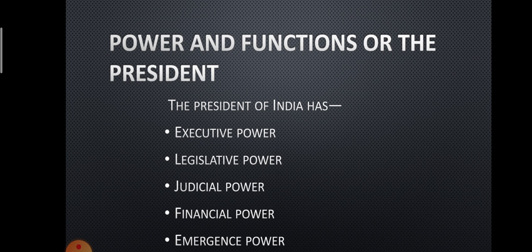Today we are discussing the second part of the chapter, the union government and the executive. In the first part, we discussed the nominal executive and the real executive, and the President: the qualification of the President, tenure, election of the President by the electoral college through the single transferable vote system of proportional representation, impeachment, and succession to the presidency. These are things we also discussed in the first part of the chapter.